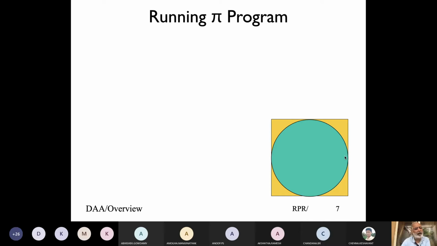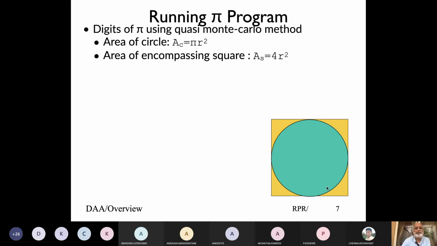Given that the radius of the circle is r, the side is 2r, so the area is 2r the whole squared, which is 4r squared. So assuming I know r, I know the area of the circle, pi r squared, and the area of the square, 4r squared. If I take the ratio of the area of the circle to the area of the square, it would be pi by 4.